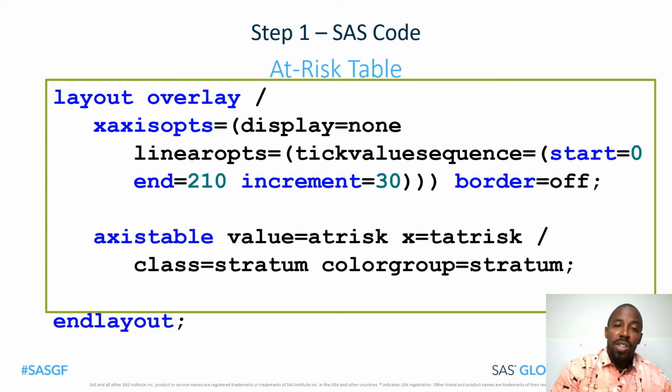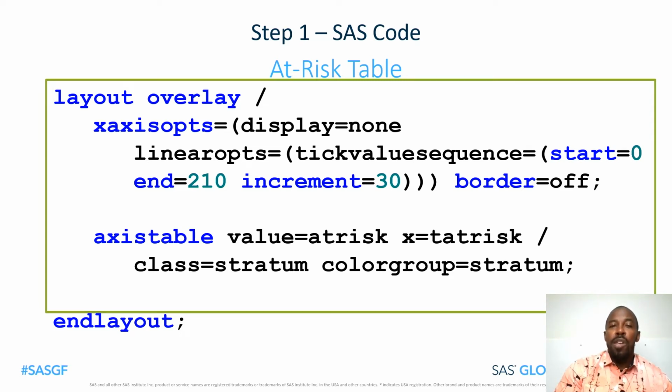Because the stratum variable is used here, and the stratum variable was used in the group options within the step plot and scatter plot statements, the subjects at risk text will be the same color for each treatment as the color of the KM curves and the color of the censored values. For example, for the placebo patients, the at-risk values will be blue because the curve for the placebo patients is blue.